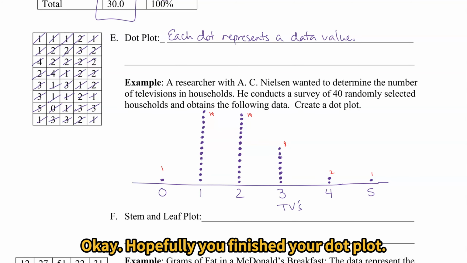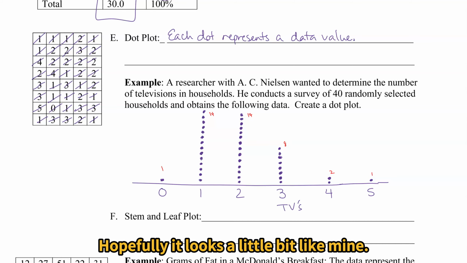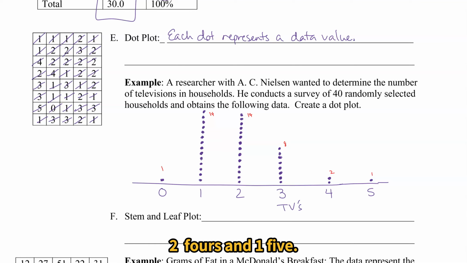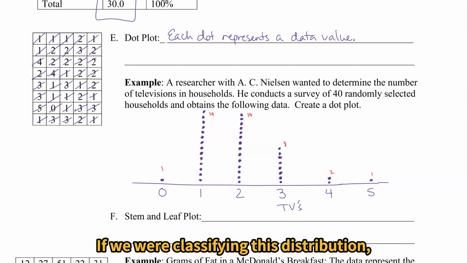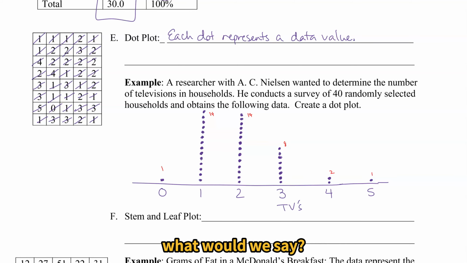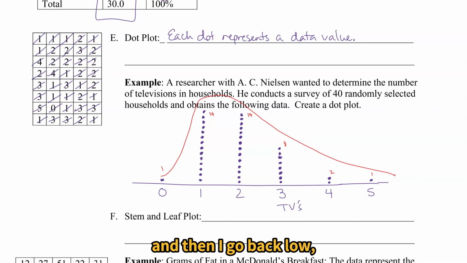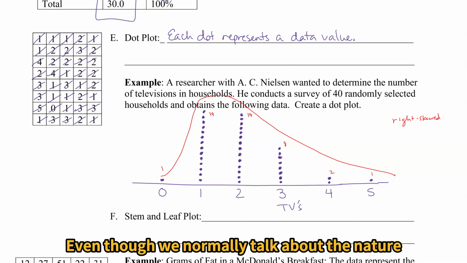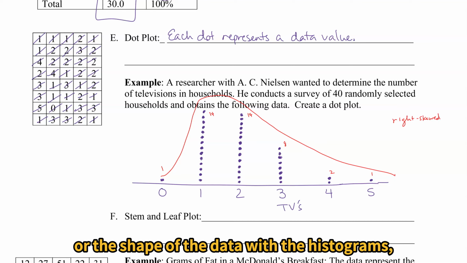Okay, hopefully you finished your dot plot. Hopefully it looks a little bit like mine. 1 at 0, 14 in both 1 and 2, 8 in the 3 category, 2 4s, and 1 5. If we were classifying this distribution, what would we say? Well, since I start low, I go high really fast, and then I go back low. We could call this a right-skewed distribution,